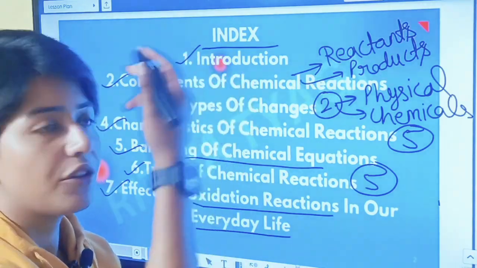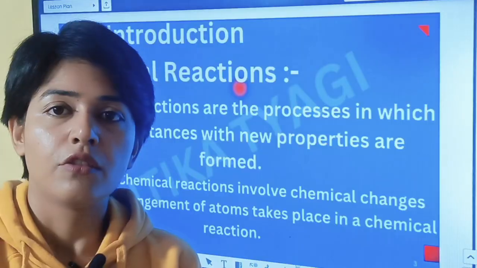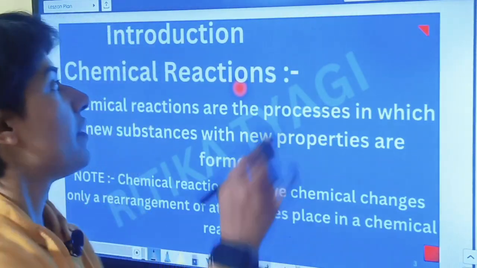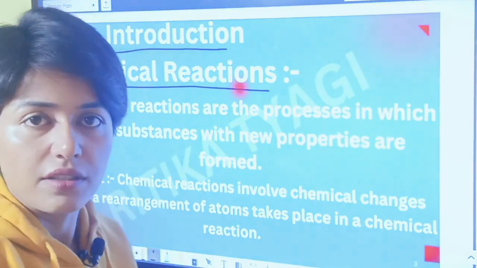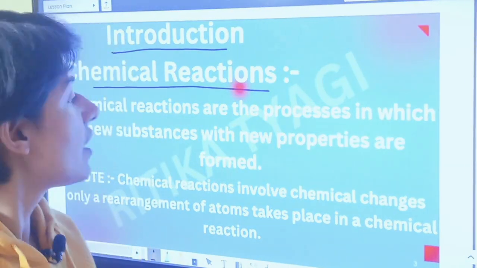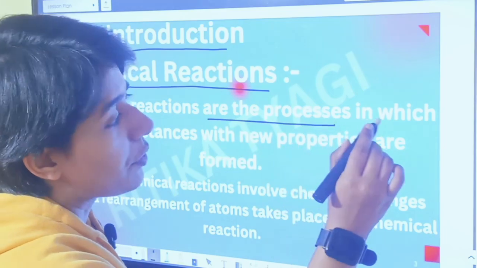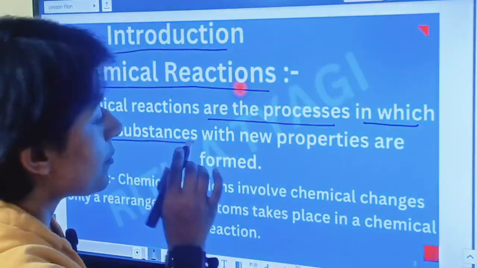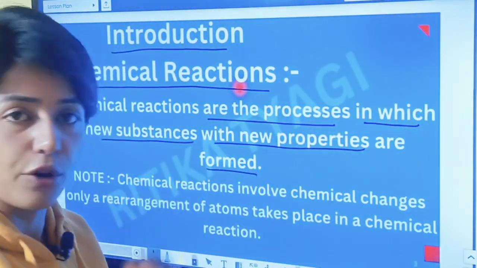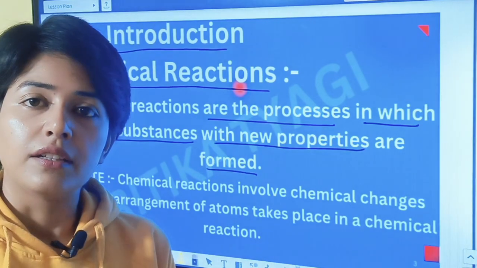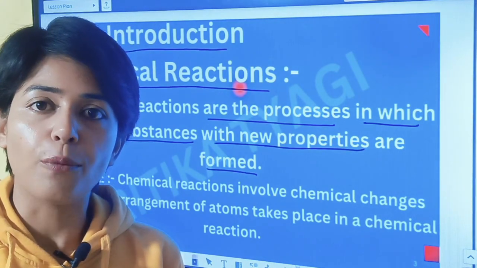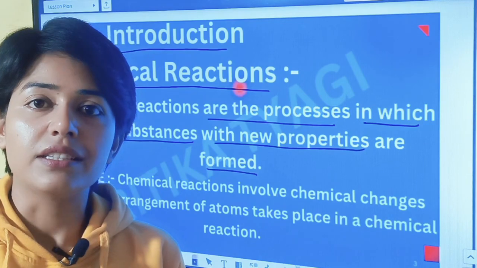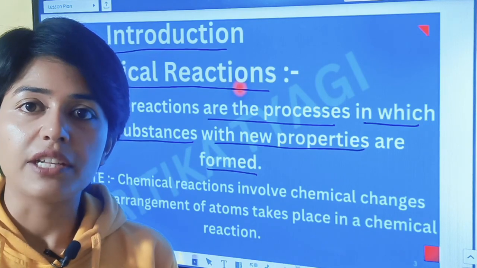Let's start the introduction of the chapter. First topic of this chapter, the introduction. What are chemical reactions? How do we define it? Chemical reactions are the processes in which new substances with new properties are formed. Means the changes in which new substances with new properties are formed, then these changes are considered as chemical change or